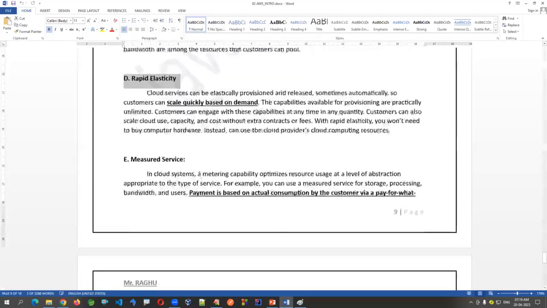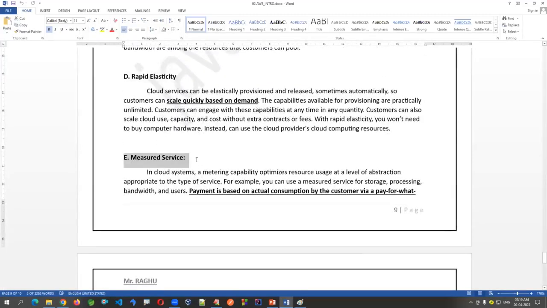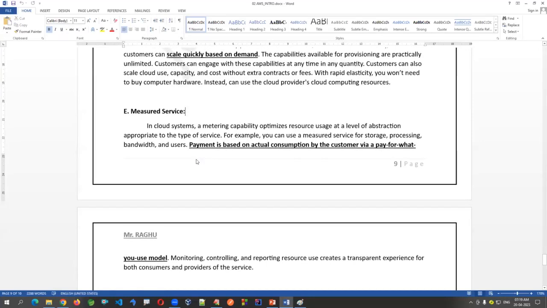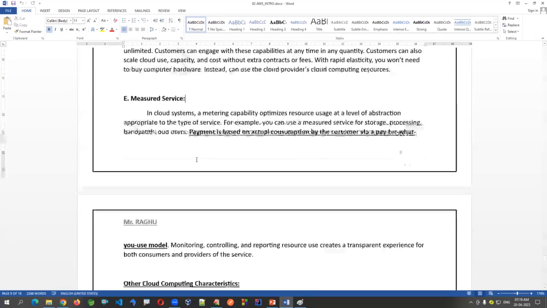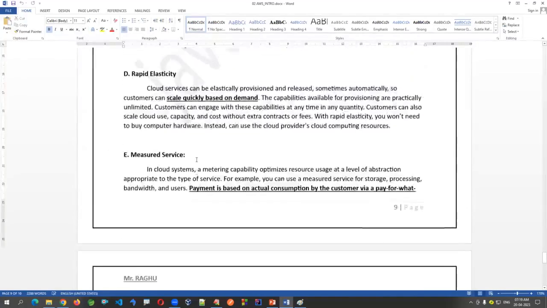Measured service indicates how much you are using, that much you are going to pay. They'll give an accurate billing service, exact billing. If in future you want to use a service for the next 2 years, how much billing it is going to be, they'll give a measured service. The perfect nature in the pricing. Even if you take a guessing model or a usage model, it will give it in a perfect way. That is called measured service. These are the top 5.